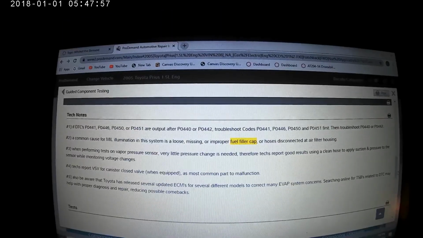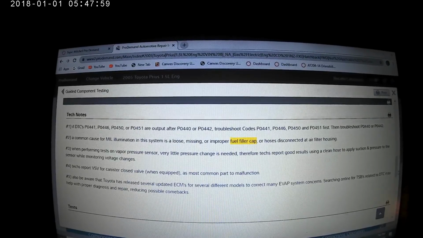Alright, so before we jump over to the car, I wanted to take a look at the guided component testing section. I'm a little new at Mitchell, so it's a bit of a learning curve for me too. But in this section I found some tech notes. It does mention our code, the P0446,